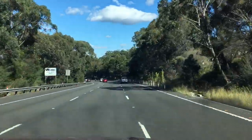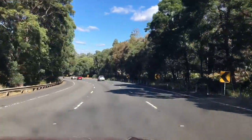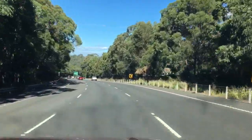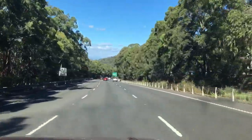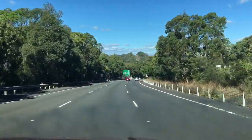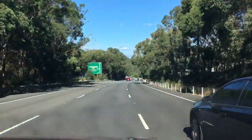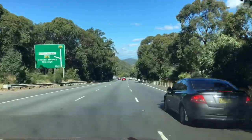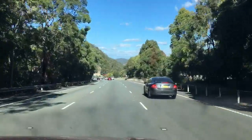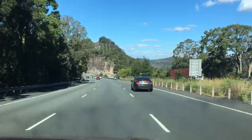High wind area, yeah, I'll say. You know, my father found out how much of a high wind area this was probably in Christmas 67 or something like that. We were heading north up the hill on the other side of the road, and I think it was this cutting that we're coming up to now, and we're towing a caravan for our family holiday, and he came out from behind that clump of rock over there in the left-hand lane where that truck is right now,